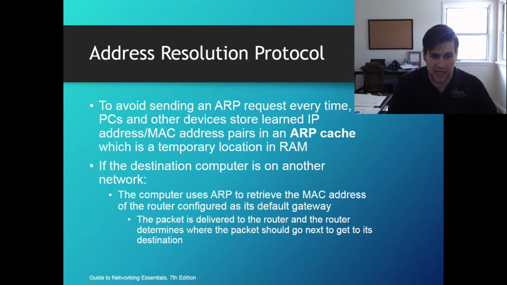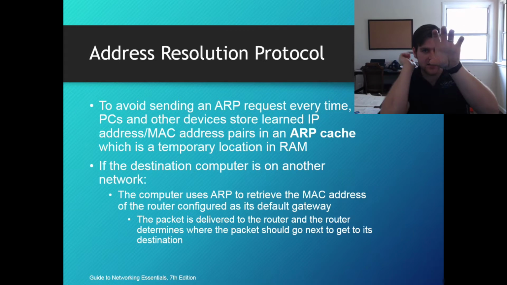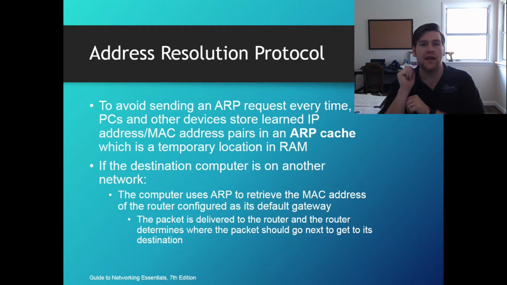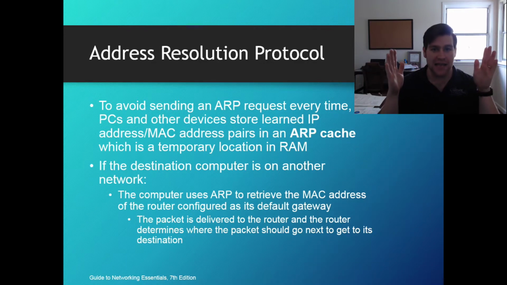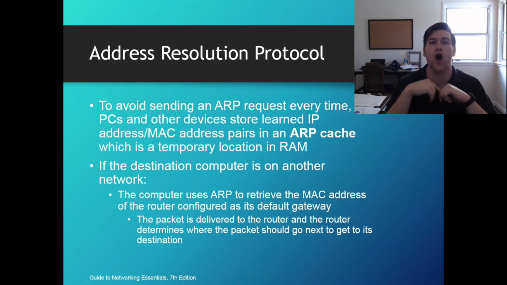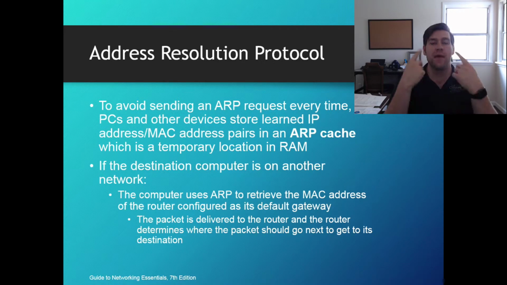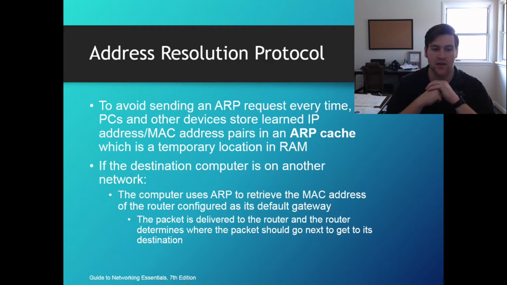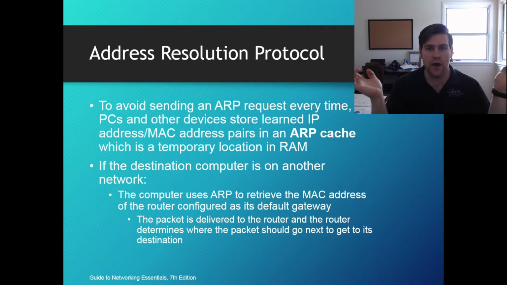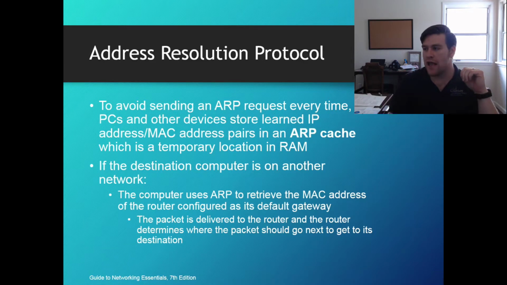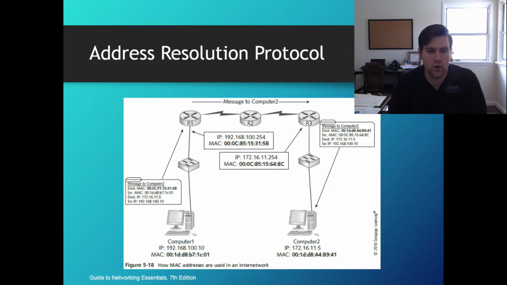And of course, the computer uses ARP to retrieve the MAC address of the router configured as its default gateway. So there's an IP address that you pop in for your default gateway that says this is how you get out of the network. So if it builds a packet that has a destination outside of its network, it's going to ARP the default gateway to get that MAC address, because it needs to know the MAC address of the gateway to get out of the network. Okay. And of course, we know that the router will strip the frame and put a new frame on as it sends it. So let's look at a real quick